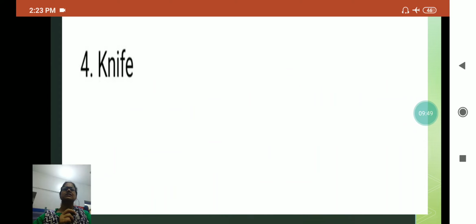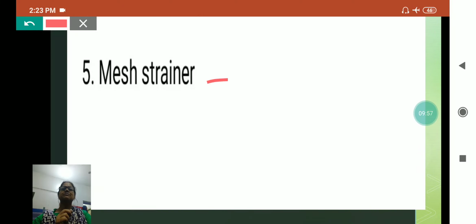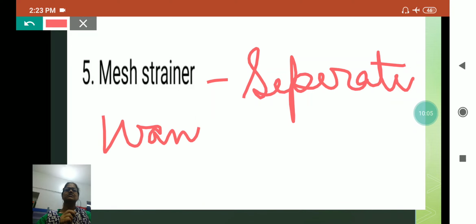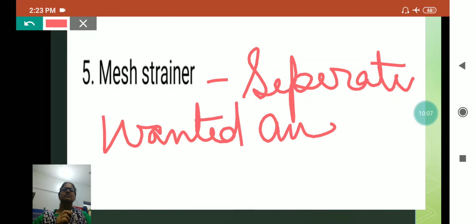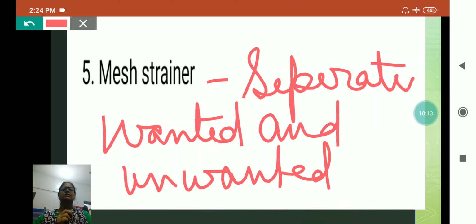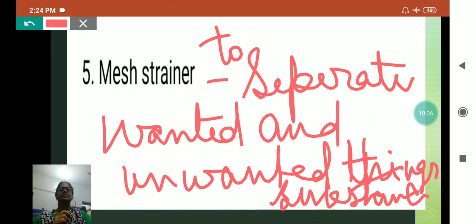Different packets. Mesh strainer. And why do we use a mesh strainer? To separate wanted and unwanted substances. Okay, S will be small.